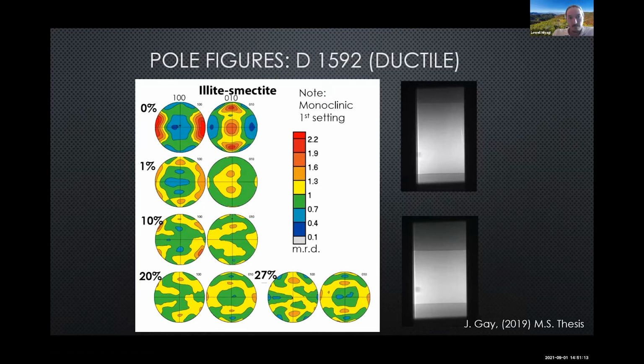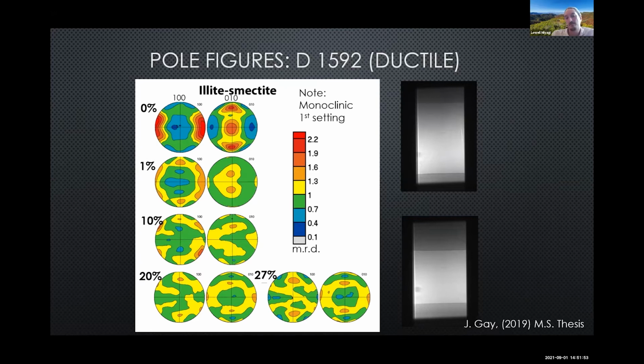This is just showing full figures for one of the clays. We actually put our sample in with the foliation along with compression. That was entirely by accident. But now here, our 100 plane, which is the foliation of the clay, is oriented this way, and you can see that the maxima is basically perpendicular to our compression in the middle. This is sort of the start of compression, and this is at the end. And what you see is we start to reorient the clay. So we actually had basically just ductile deformation here. But the point is, you can use this sort of technique to track even these sort of complex